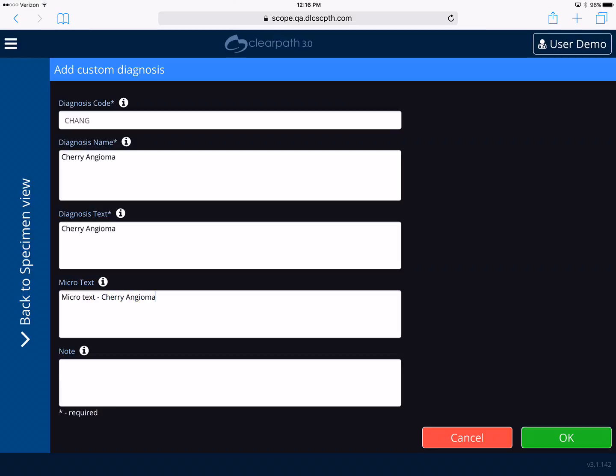And if you wanted to add a note at this point, you could, though typically that is done during the diagnosis process and not part of a standard diagnosis. So I've now populated the fields. The only three fields that are required are the diagnosis code, the diagnosis name, and the diagnosis